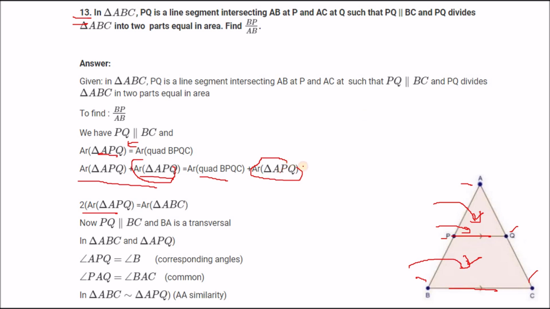and this is APQ. So this is APQ, and this one is quadrilateral BPQC. Now when we add this, it is actually triangle ABC. So this is the area of triangle ABC. So area of triangle ABC. Now since these two